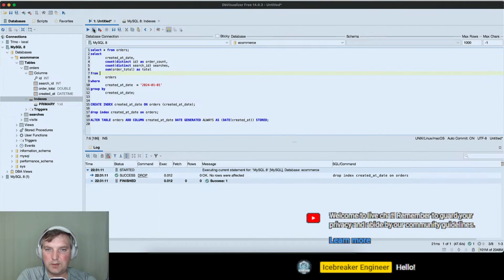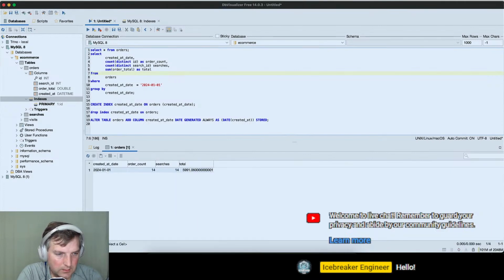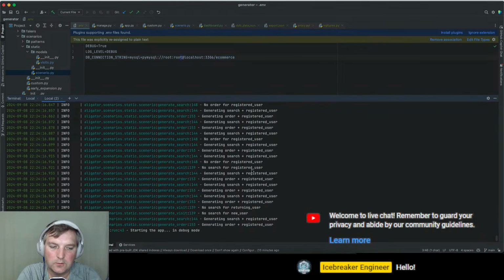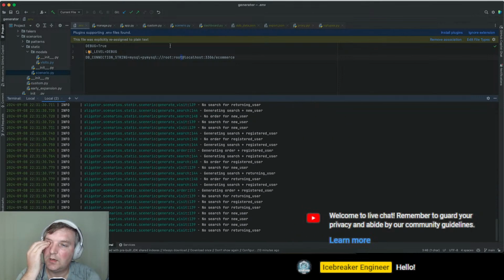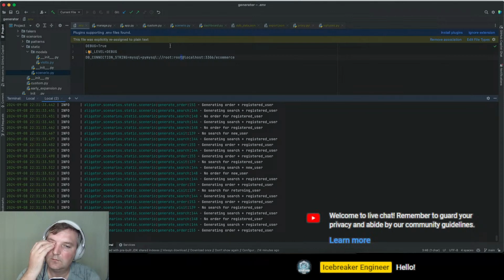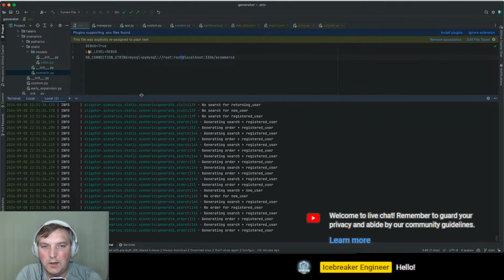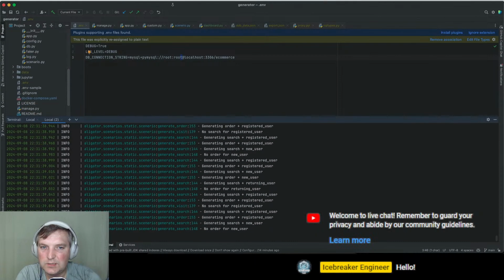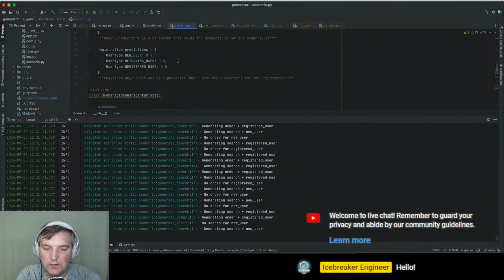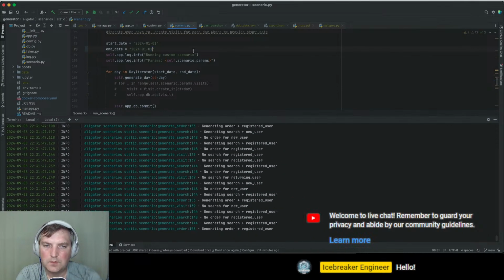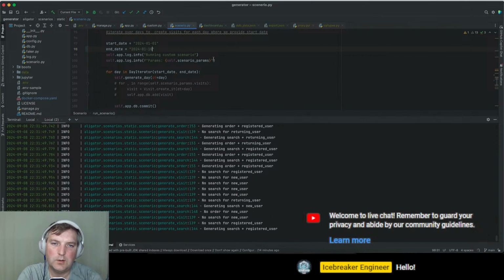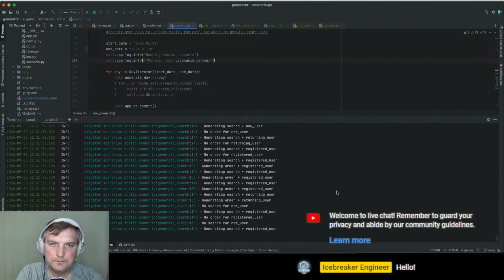I don't know if we run again, it's not really visible here how fast it is, but actually we can do something about it. So we'll say, let's generate even more data for us. And what I would be interested in is to generate even more data for just a couple days of January of 2024.